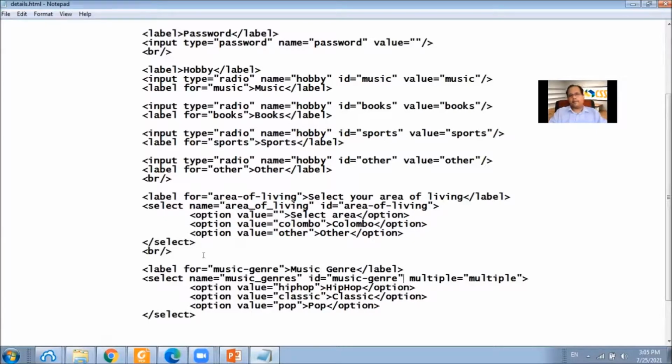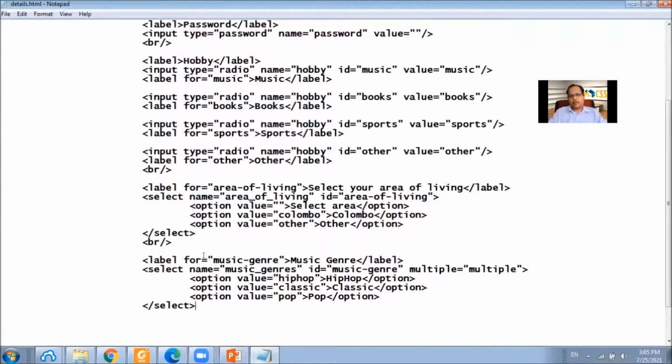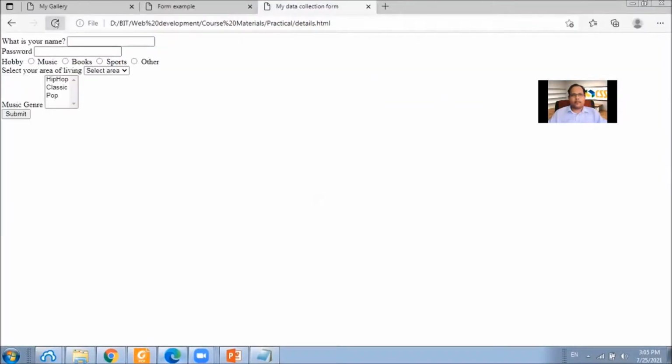Right. And also finally, we will introduce a line break for this one as well. Now you can see we can select multiple elements in this select box.